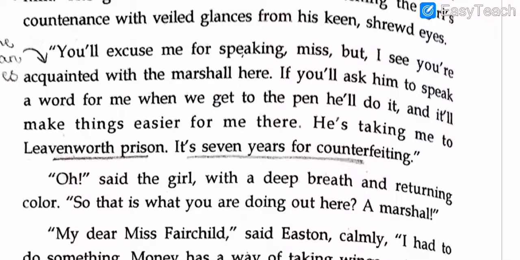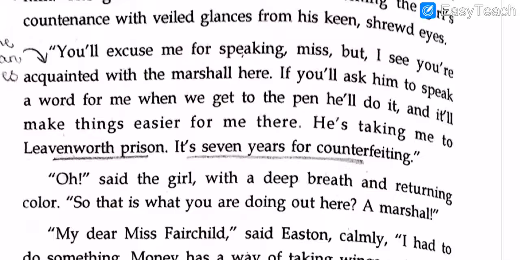He needn't ever have done so. You ought to know that, and so now you are one of the dashing Western heroes." So over here, Miss Fairchild is also very interested in Mr. Easton, and she says she's very fascinated by him. She says, you are one of the dashing Western heroes in the West, and you ride and shoot and go, and the ambassador doesn't do all of that. The marshal is the one who does all of that, and you are the hero of all time. So she is very excited that, hey, my old friend is a marshal.